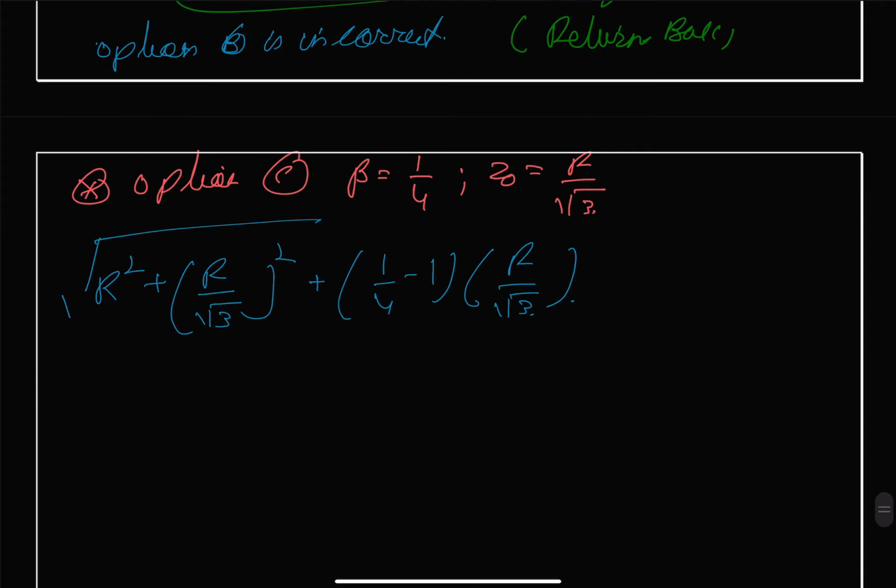So we can take once again r as common, so this comes as the square root of 1 plus 1 by 3, which gives us 4 by 3, and this will be minus 3 upon 4 root 3,